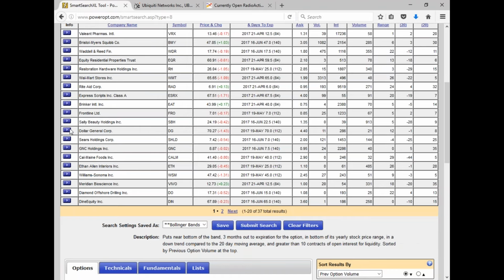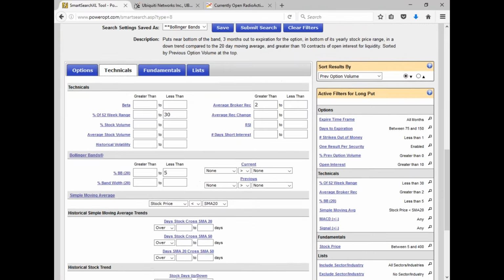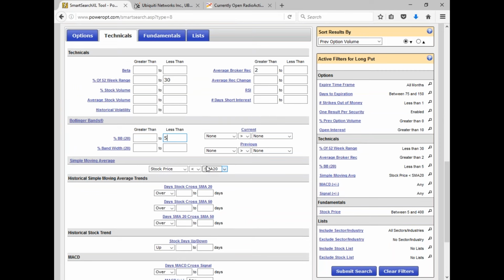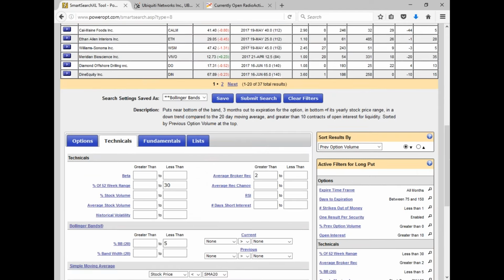We're going to see stocks that have broken through that lower Bollinger Band with this default screen, and going further. And we're looking for less than 5. So they might not be right at 0 or below the lower band, but they're pretty much in that bottom range, and they're trading at the low of their 52-week range as well. So this is a search to help you with puts to buy, but in any search in the technicals field,